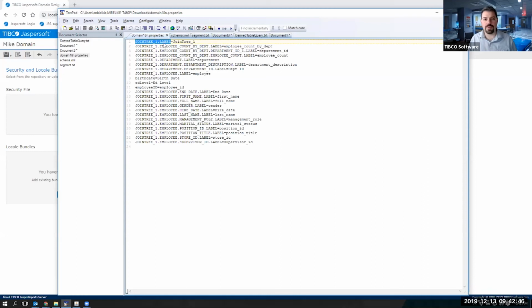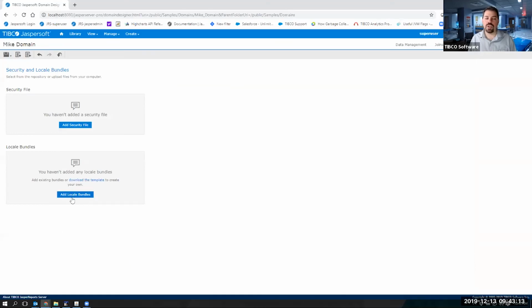It's fine if you want to keep it this way. No one sees the keys really in the end, but this is where your translation will be. So I would translate this. I don't know any other languages well enough to put them in here, but the point is you would have your translated language here. You save this as that version of the language, the bundle file, and then you will add those here, the bundles here.